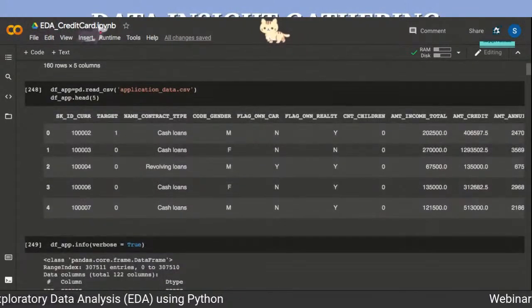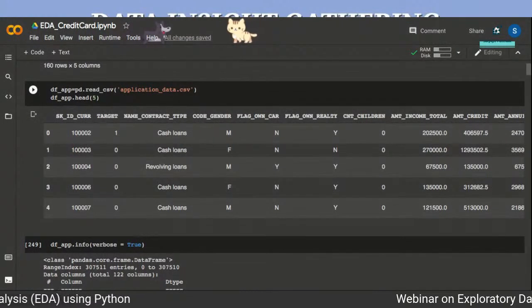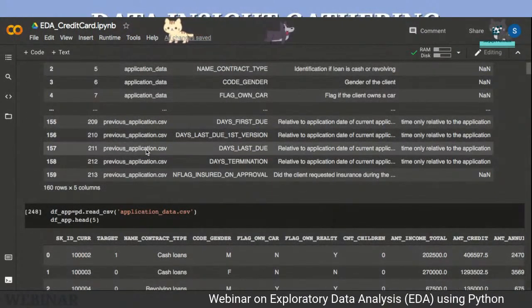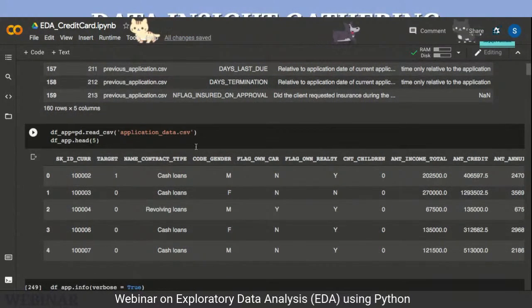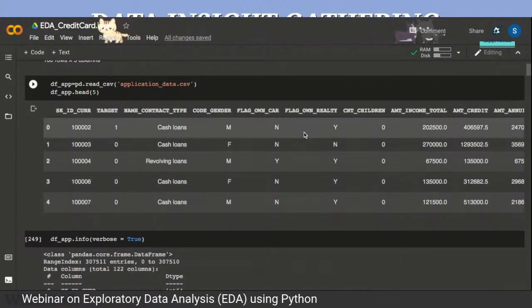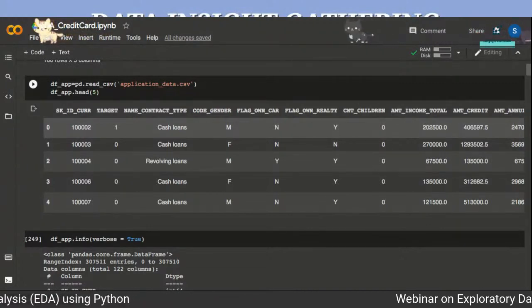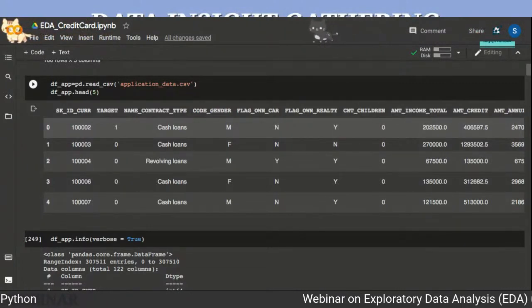So moving forward, we're going to read the next file, which is our application data. So these are the two files that we have, the application data and the previous applications. First, we're going to start reading the application data. And in the application data, we need to analyze a few things. So what exactly are we analyzing over here? We need to understand